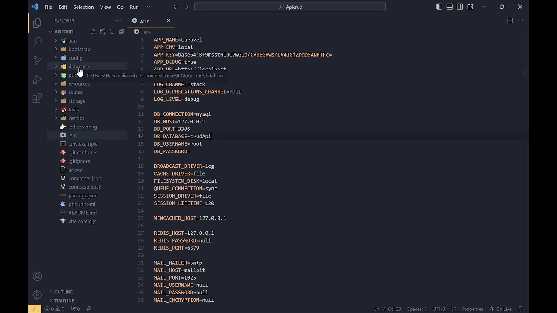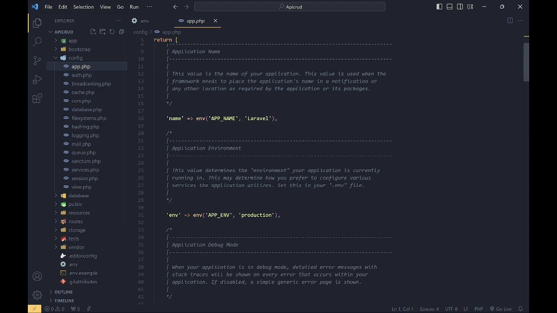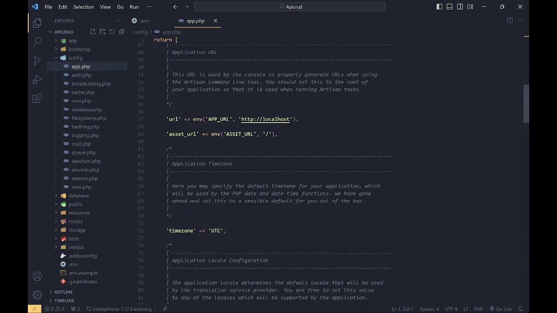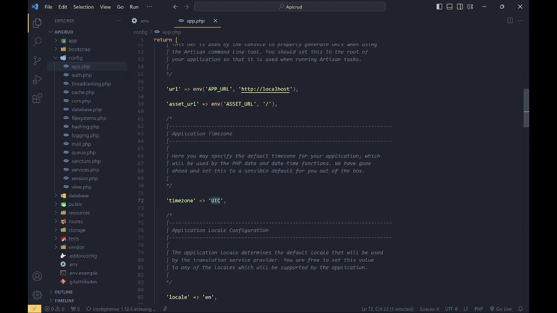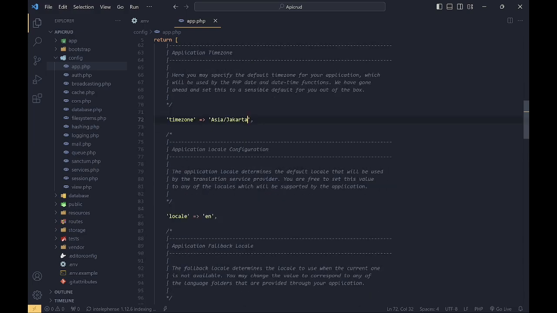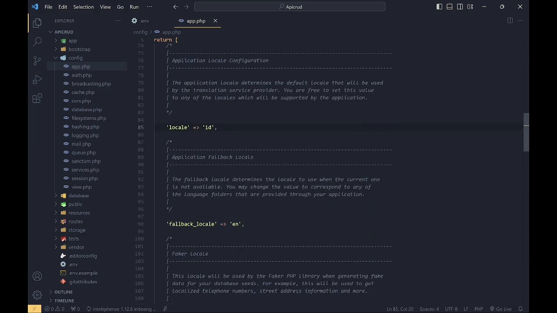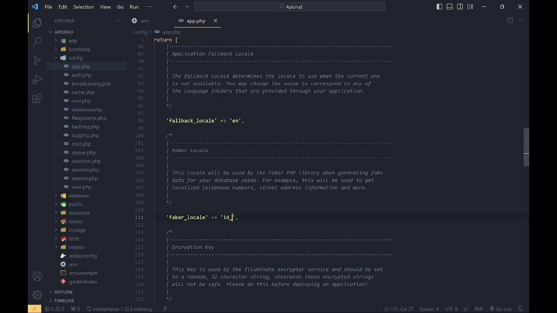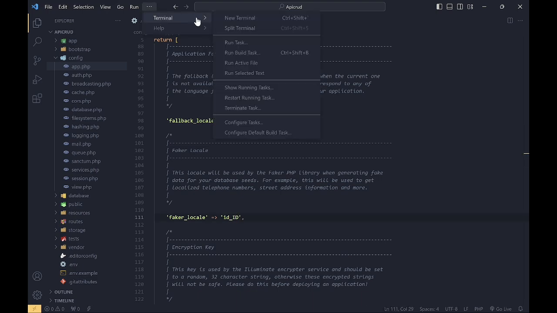I want the database name to be CRUD API, and then we change the time zone to Asia/Jakarta, and then for the locale it is ID, and for the Faker locale it is ID_ID.